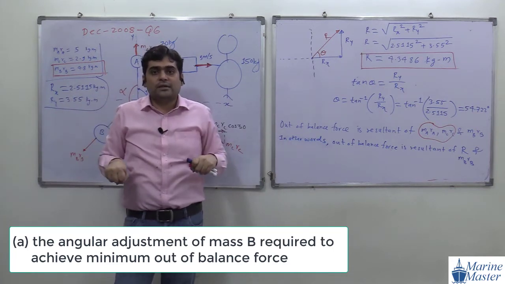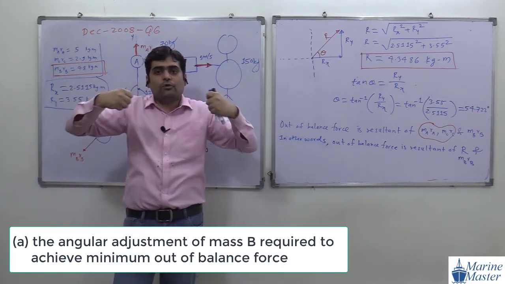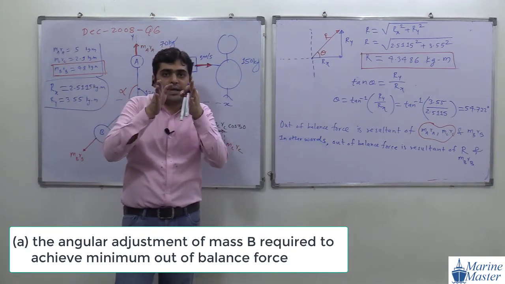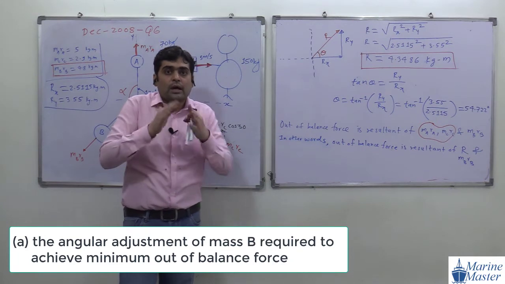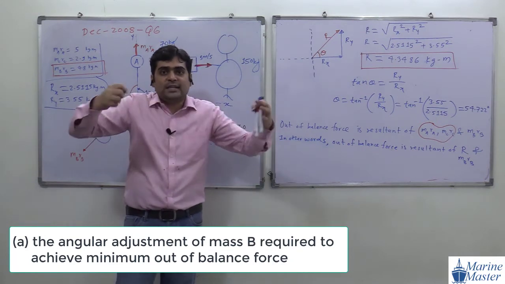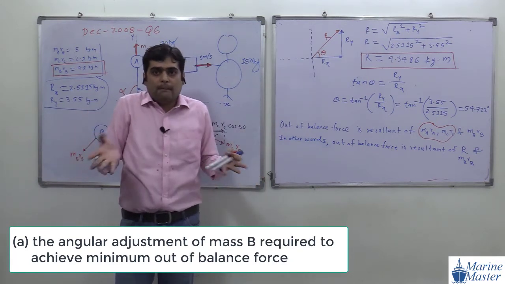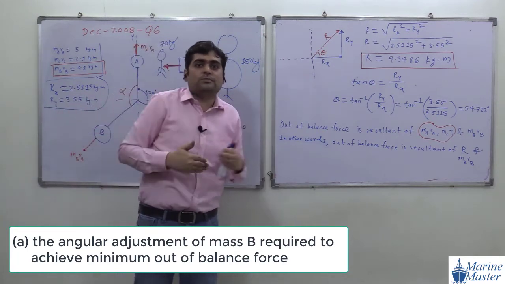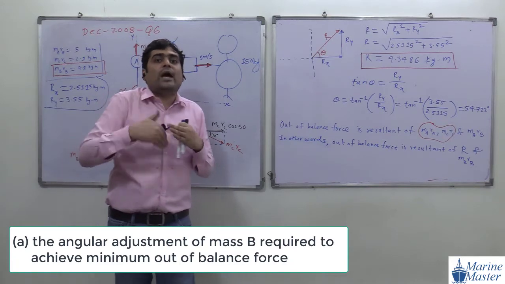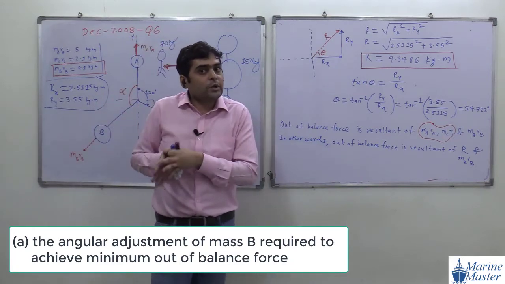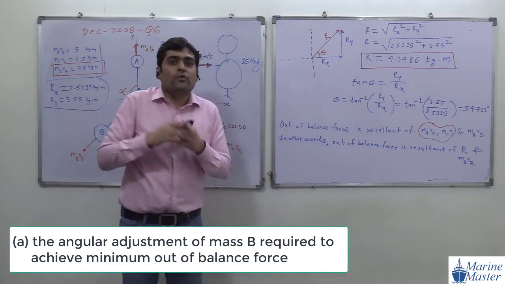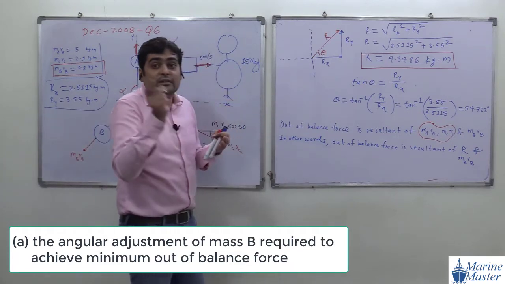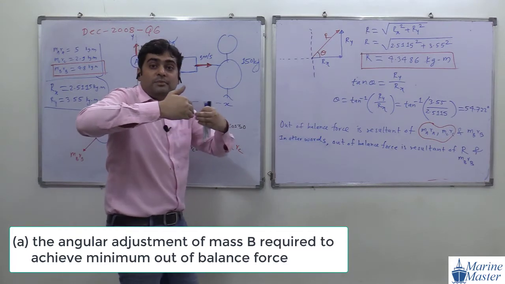To get the net resultant force as low as possible, they have to apply force in the opposite direction. They are not equal, but we want the net resultant as low as possible, so both forces must be opposite.